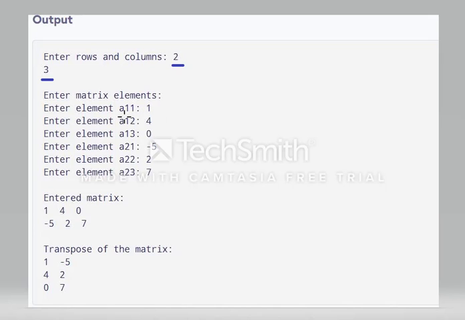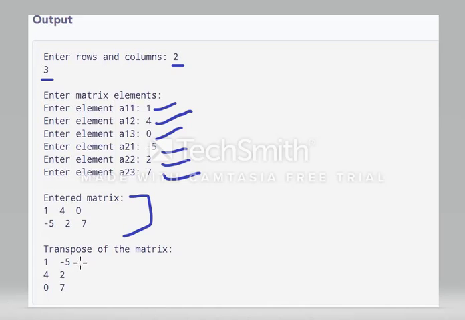Otherwise, if you are not taking i plus 1, then it will print a of 0 0. 0 0 is 1, 0 1 is 4, 0 2 is 0, 1 0 is minus 5, 1 1 is minus 2 and 1 2 is 7. So you entered like this: the entered matrix 1 4 0 minus 5 2 7. Because of the second logic for displaying that matrix, it is displayed like this.